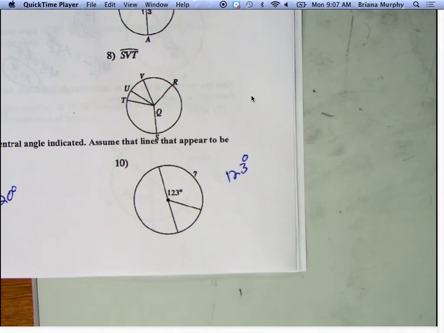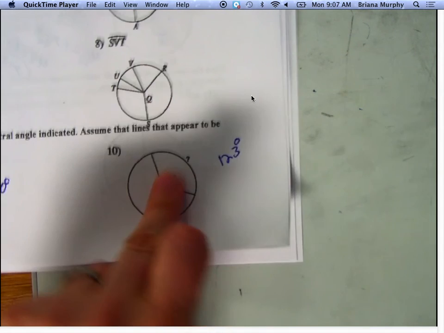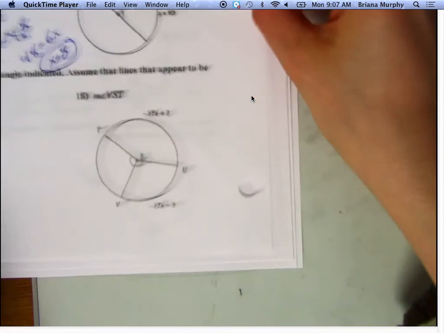Okay, let's turn it over and look at the ones in the back. The back's where it gets harder. Oh no. All right, let's just do